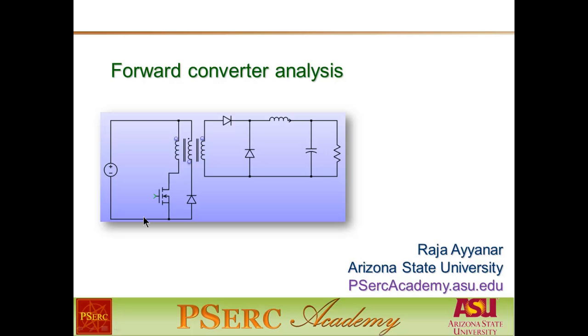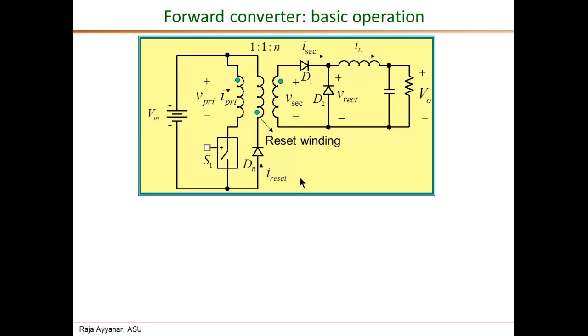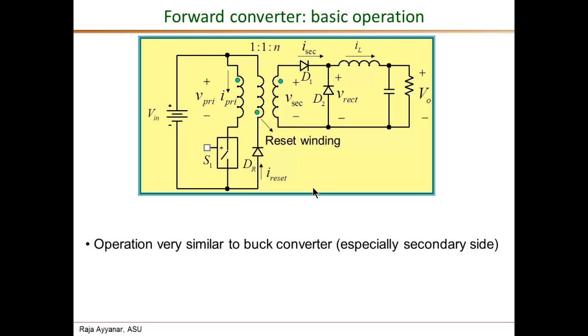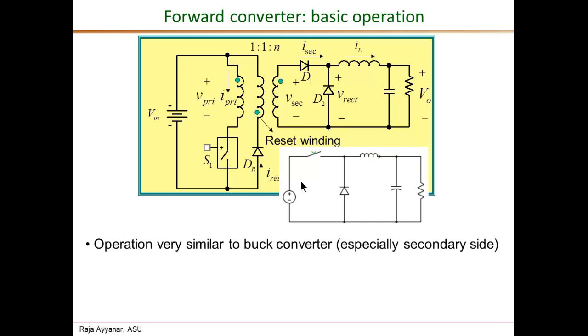the forward converter. So here is the schematic of the forward converter, and this being a buck derived topology, we expect the operating principles and many of the characteristics to be very similar to that of the basic non-isolated buck converter. In fact, if we compare the topology of the forward with that of a basic buck, we will see that especially on the secondary side the things are very similar. So we have the output stage, the LC filter, this freewheeling diode, identical in forward and the buck, and in